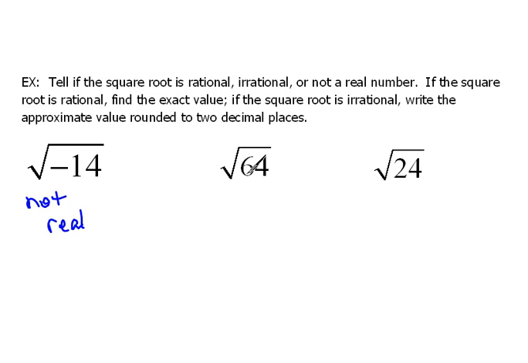This one here, the square root of 64, well, that's a perfect square, so that would be 8. That is a rational square root because we could write 8 as 8/1. The square root of 24 is irrational. If we were to do the square root of 24